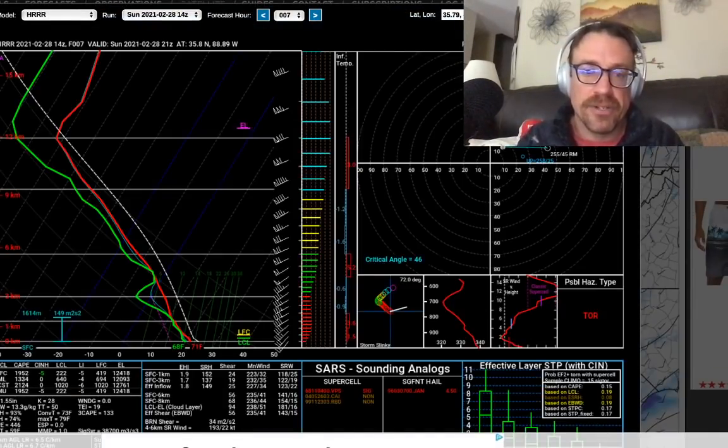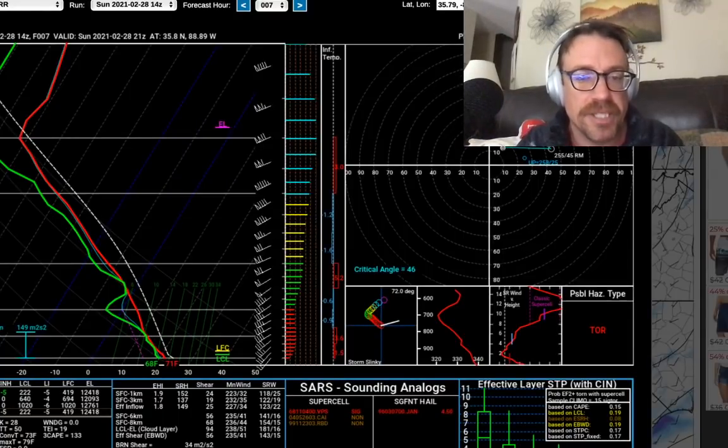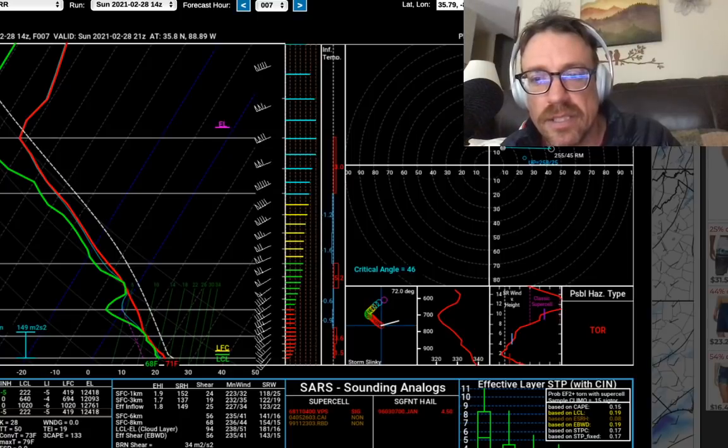Hodographs aren't incredible. Thermodynamically, 71/68, kind of a weaker elevated mixed layer punching in here. And look at all these winds, unidirectional, southwesterly, west-southwesterly, all the way up. Pretty straight line hodographs up here, but if you can get a little bean-shaped supercell developing with this little mini